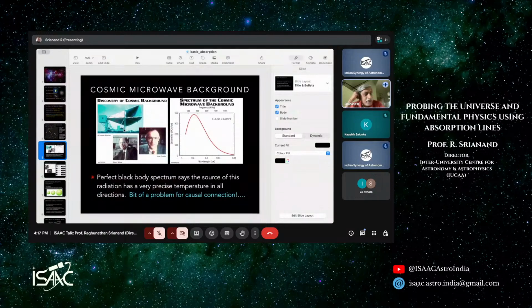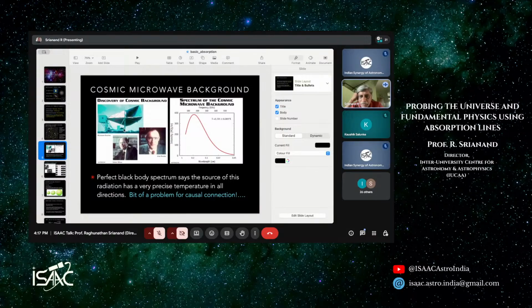So how do you solve it? Again, you can come up with a simple theory saying that maybe we can imagine the whole universe was causally connected. Causally connected means that the whole region of emission was so small at some point of time that they knew exactly what to do. At that time, they were instantaneously connecting with each other.